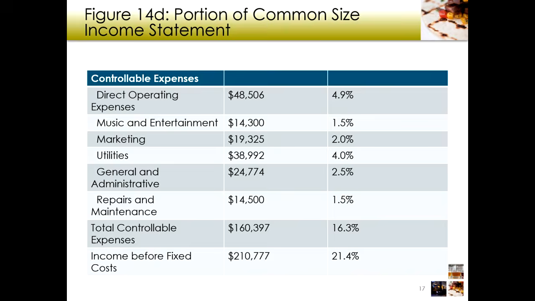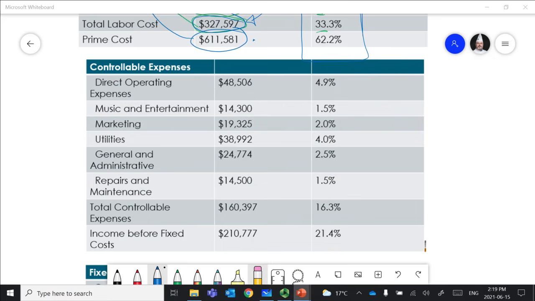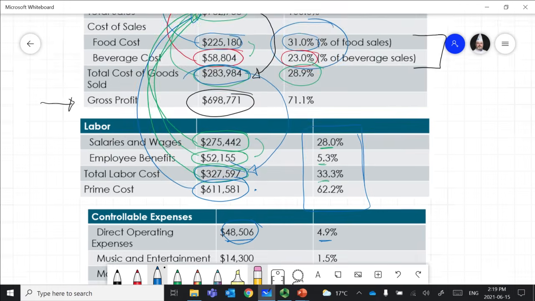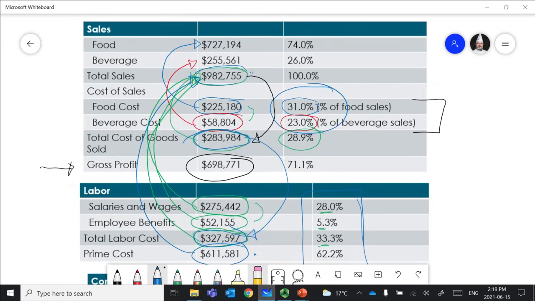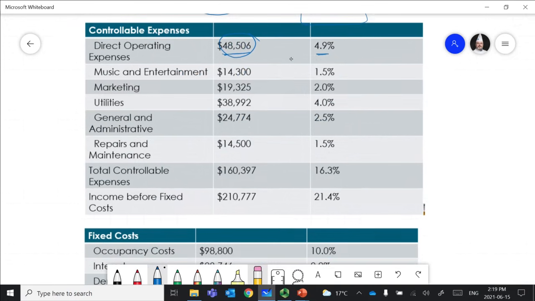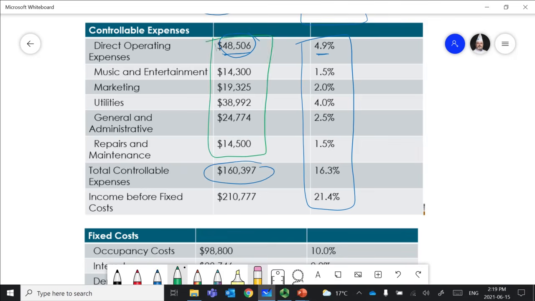So here we are. We're now calculating our direct operating expenses. So our direct operating expense, $48,506 to get 4.9%. Where's that 4.9% coming from? This number divided by our total sales of 982,755, right? So all these lines going up to total sales. Every one of these are calculated the same way based on total sales, okay? Now, total controllable expenses here, this one here is a total of all of these guys, right? All these added up equal our total controllable expenses,